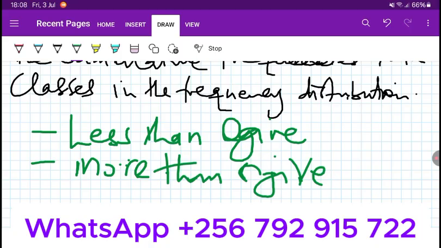So I want us to understand how we can draw a less than ogive. Just to know, when you are given questions, most of the times we do what we call the less than ogives, most of the times. But I want us to look at